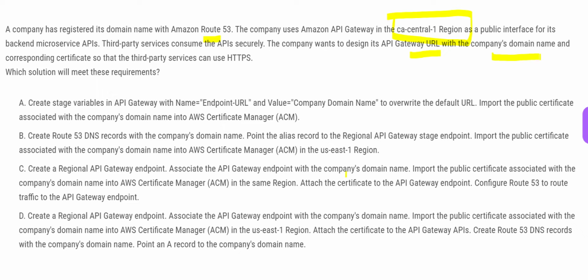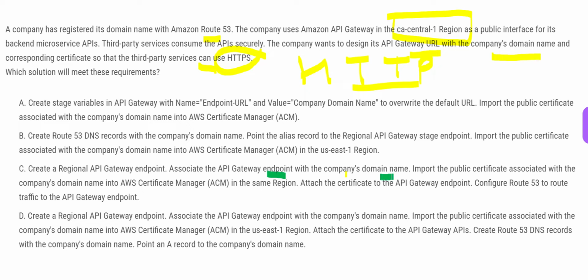Put a good certificate so that third-party services can use HTTPS and not HTTP. HTTP is not secured. HTTPS is secured. So option C looks correct here. They are telling I will use a regional API gateway. Regional means you have a central region, a regional gateway, and associate this gateway endpoint with the company's